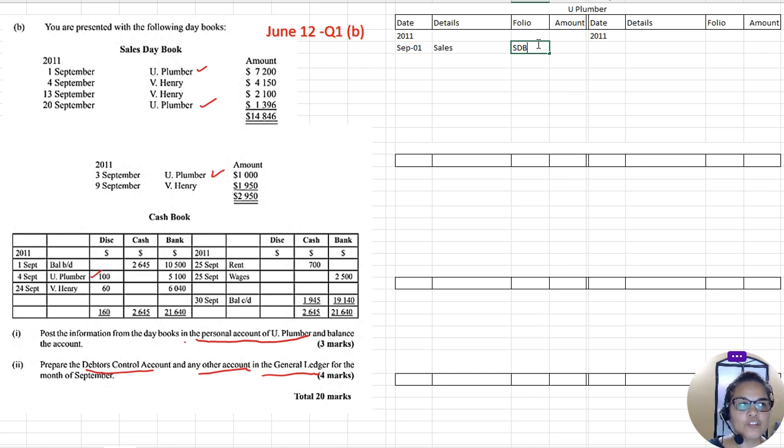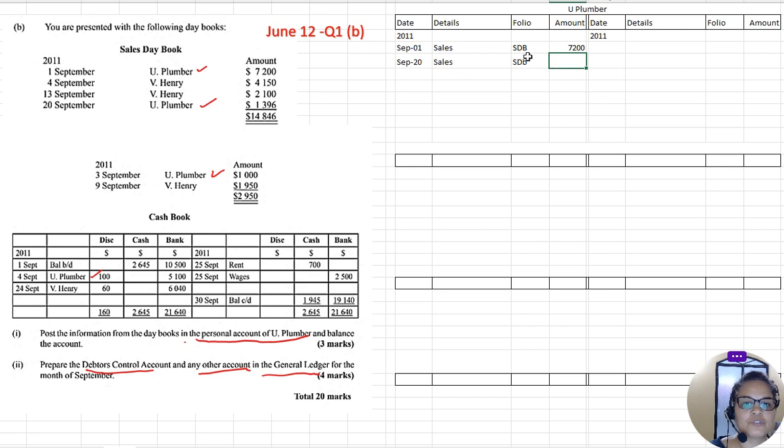But I'm putting it in just in case a question comes where they give you your sales daybook or your purchase daybook or any book, and they give you the page number. You know that your folio is the book you're taking the information from and the page number. In this case we don't have a page number, so I'm just putting sales daybook. It is not required for this question, but I'm putting it so that you will know in another question what is required if it is stated in the requirements. And we have 7,200, and on September the 20th, we also have sales from your sales daybook